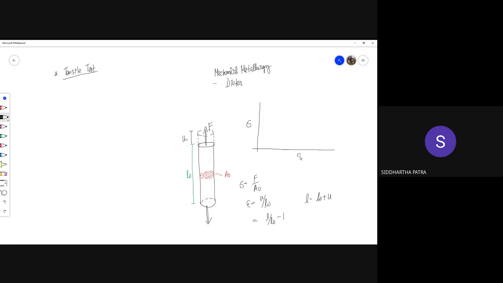So that strain goes on the x-axis, and if we do that in the tensile test, the first part would be the Hookean straight line, or the linear elastic part, the slope of which is the Young's modulus. So that is the first property that we get out of the tensile test. In the elastic zone we have the Young's modulus.